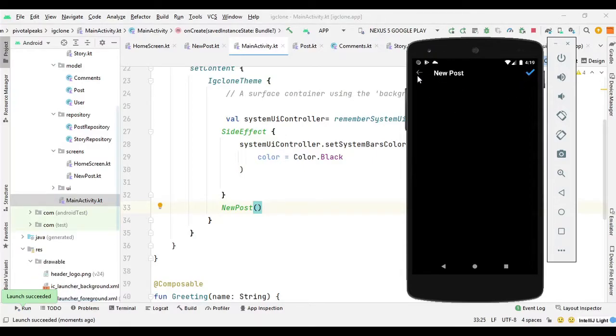Right now these two are not working because we have not provided the functionality for this. So later we will have functionality for this back arrow button, and for this button I will make it functional in a moment.